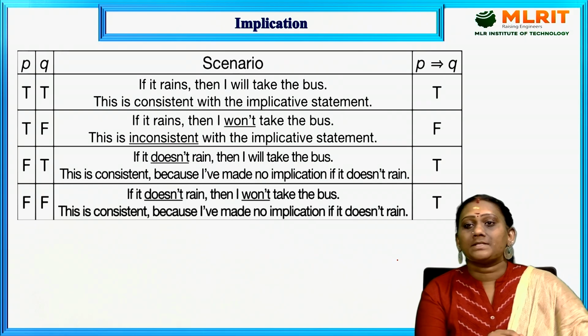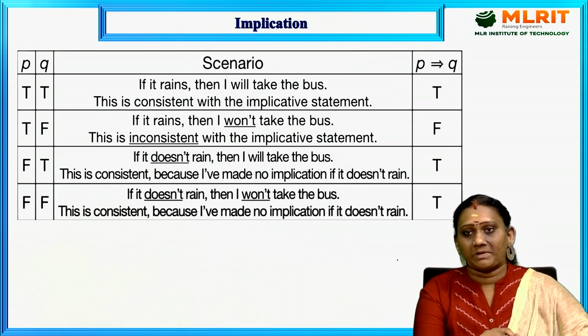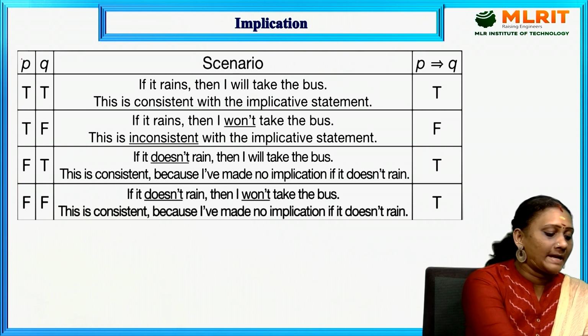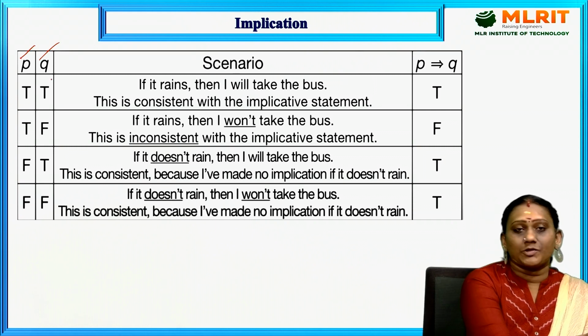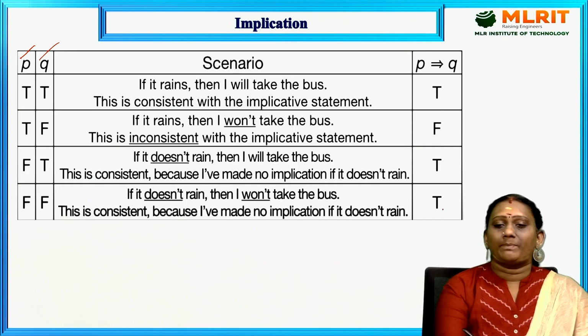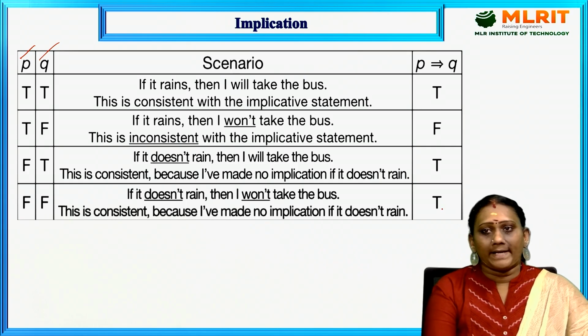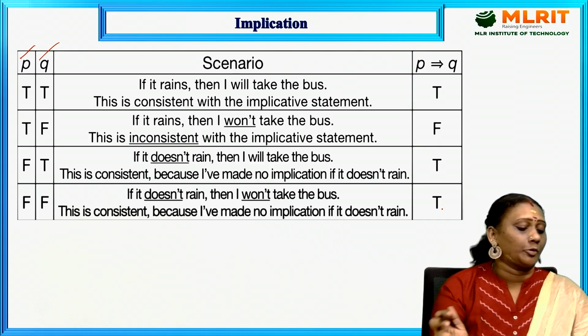So coming to this scenario, based on this scenario, I'm going to discuss the truth table now. My input statements are P and Q. I've taken the combinations of true, false statements here, and I'm going to analyze the P implies Q scenario, step by step, by combining two truth values.